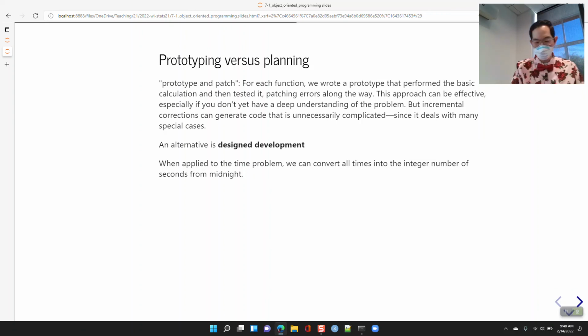So an alternative to prototype and patch is designed development. And what you do here is you think ahead and you say, all right, what's another way I can reframe the problem? So here, let's think about this time issue. And rather than trying to increment things, rather than taking the number of hours and minutes and seconds and then adding the number of seconds, and if it's over 60, modifying it and stuff like that,